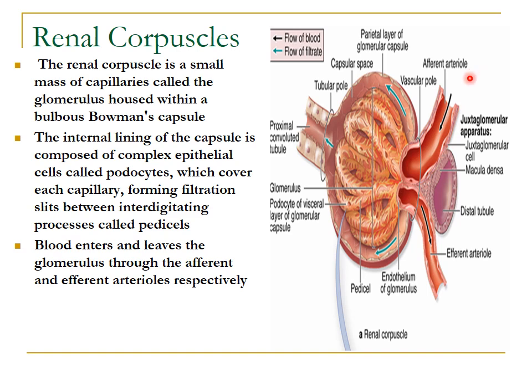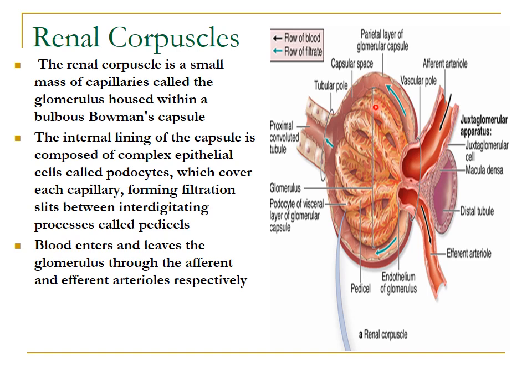So the blood enters into the glomerulus through the afferent arterioles, and it leaves through the efferent arterioles. In between the afferent and efferent arterioles, you can see the distal convoluted tubule portion, which is in between them, and they form here the macula densa cells. This area is called the vascular pole, whereas the other pole, where the urine leaves through the proximal convoluted tubule, is called the urinary pole or the tubular pole.